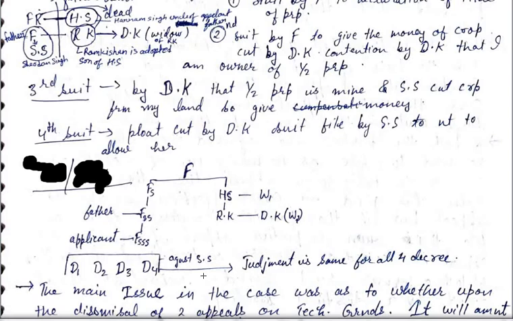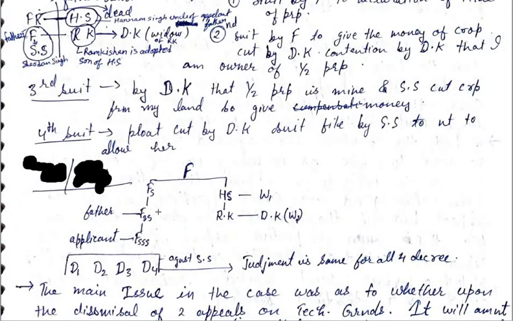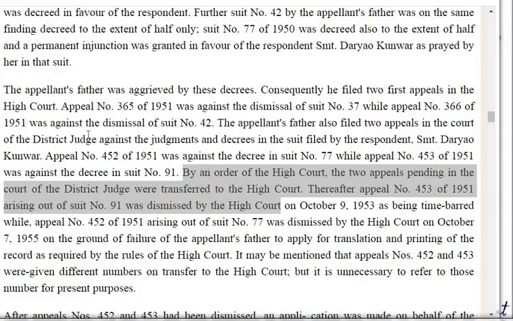So this was the question before the court. Now read this paragraph for it. The appellant's father was aggrieved by this decree. Consequently, he filed 2 first appeals in the High Court. Appeal number 365 was against the dismissal of suit number 37, while appeal number 366 was against the dismissal of suit number 42. The appellant's father